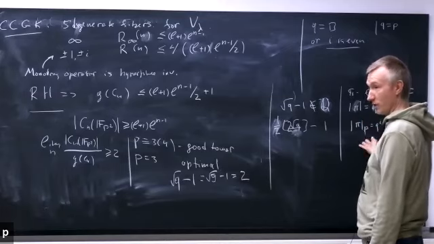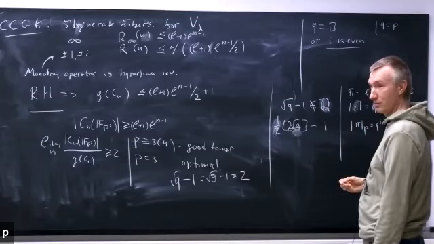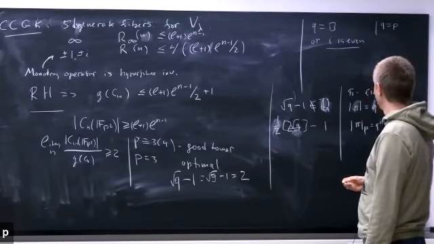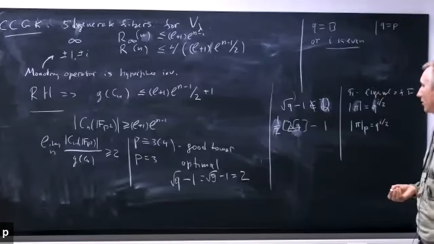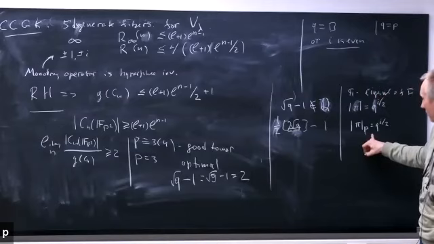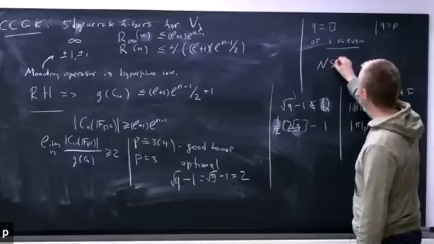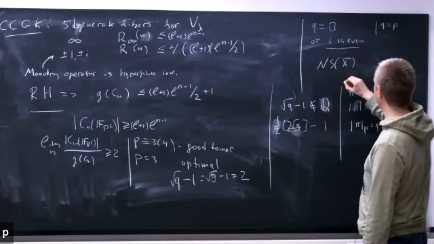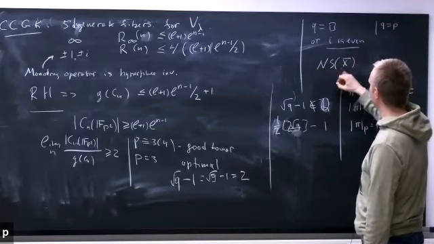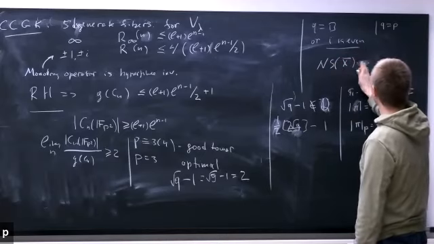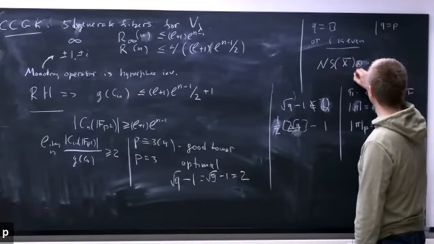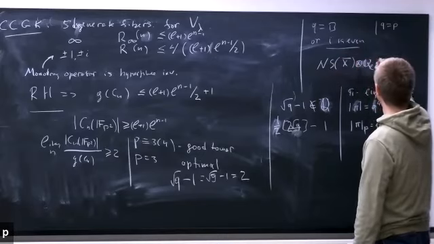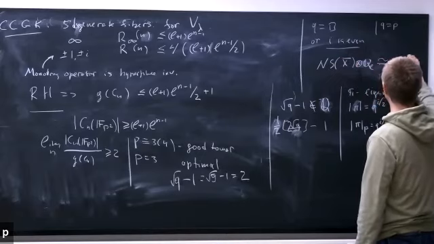In general, this is not the case, but if we have it, how is this related to the Néron-Severi group? It's a nice theorem that for K3 surfaces, from this we get that the Néron-Severi group, over the algebraic closure, or at least over a large field, multiplied by Q is isomorphic to H2.